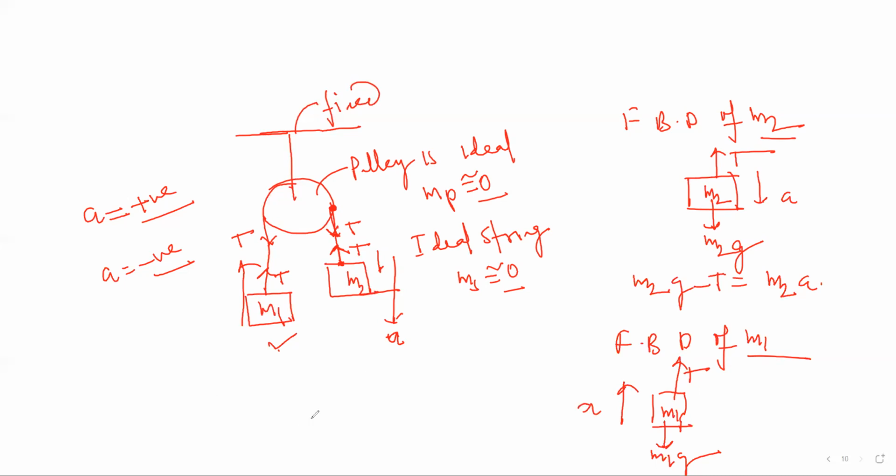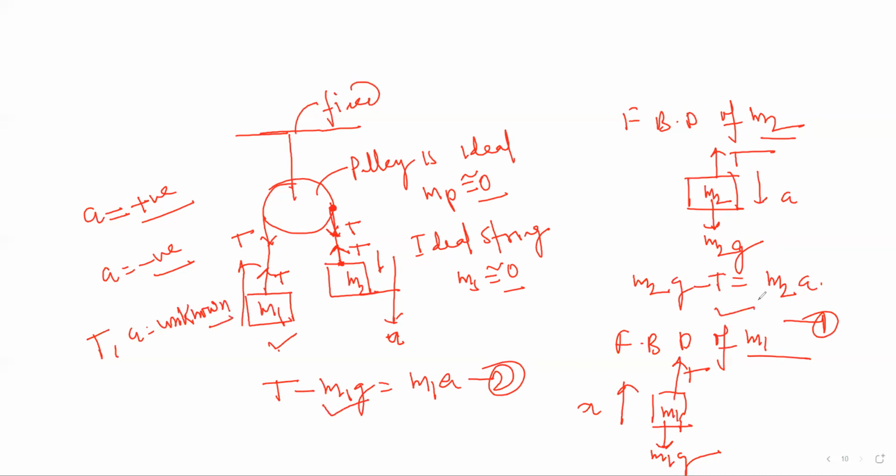So what would be its equation? T minus m1g is equal to m1 into a. So this is equation first and this is equation second. Your T and a are unknown, and you have crafted two equations, this and this. You can easily find out